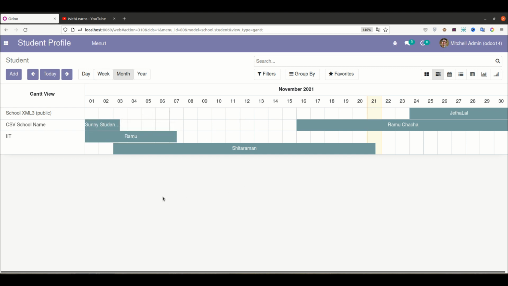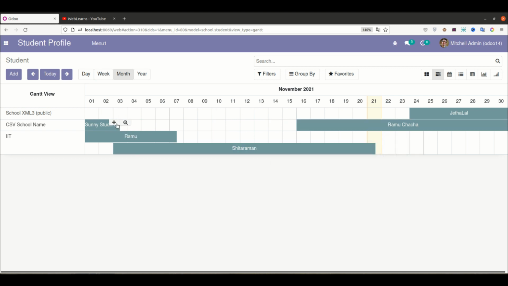Now let me give you some introduction to this front end part. So this is a group by. The group by option is mandatory here to display the records, for whichever record you want to display. For my report, I use the school and how many students are available. You can see if it conflicts with the date, it automatically displays one here and a second here. If it doesn't conflict with the date, it shows in one line like this, and the second is here.